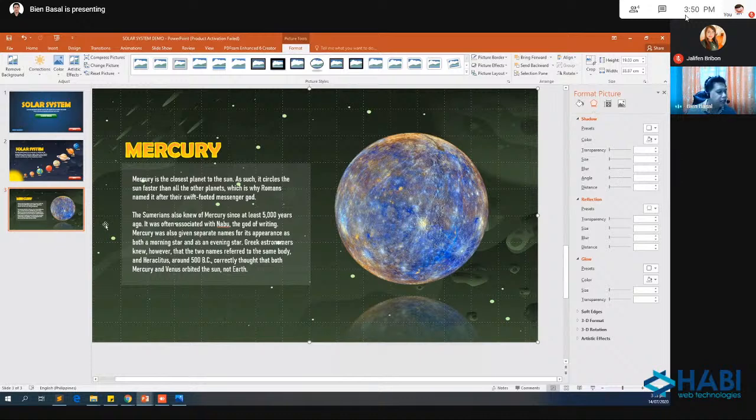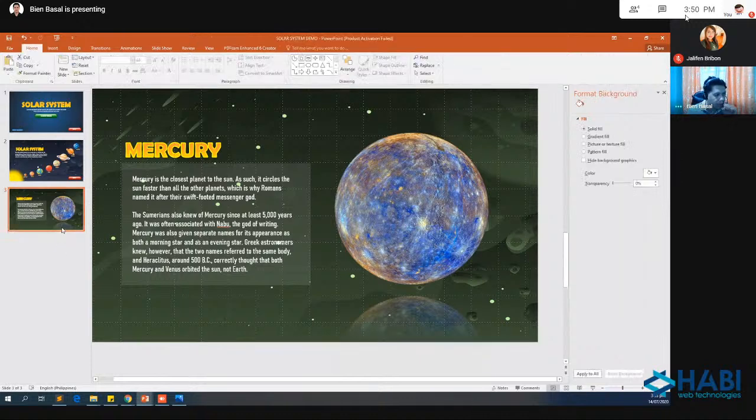Oh, nice. So now, in this slide, actually we have how many planets? 8 or 9? You need to copy and paste this. You need to duplicate this 9 times. But we will do that tomorrow, not today, to save time for the animation. We will apply animation first tomorrow and we will duplicate this. So for now, okay na po ito.